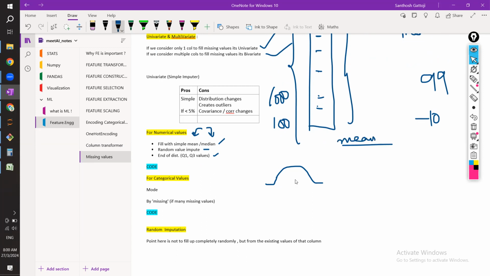Agree? Usually, what is the mean of this distribution will be? Mean of distribution will be over here. Okay. Now, wherever you are having the missing values, you are filling those values also with mean. That means this graph will slow. There is a possibility that it will become slightly like this because the values at the mean are increasing because